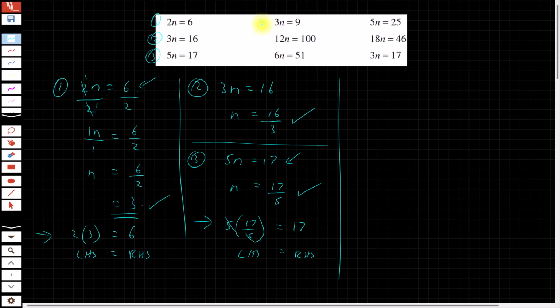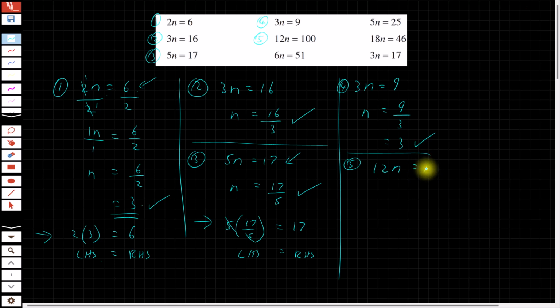Number 4. 3n equals 9. Divide the left hand side by 3 and divide the right hand side by 3. So we get n equals 9 over 3, which equals 3. 9 divided by 3 is 3. It's 4, 5,